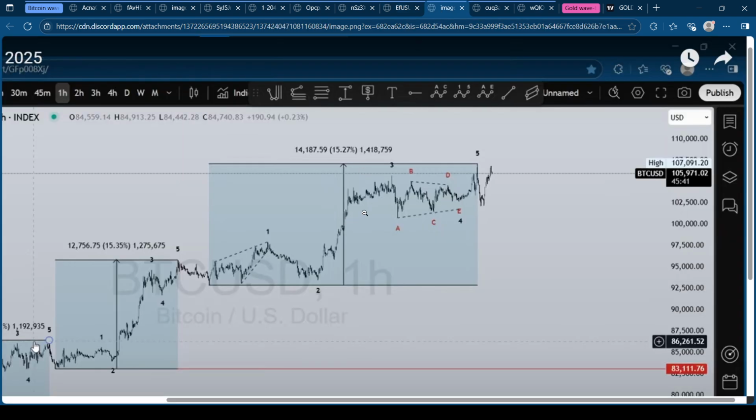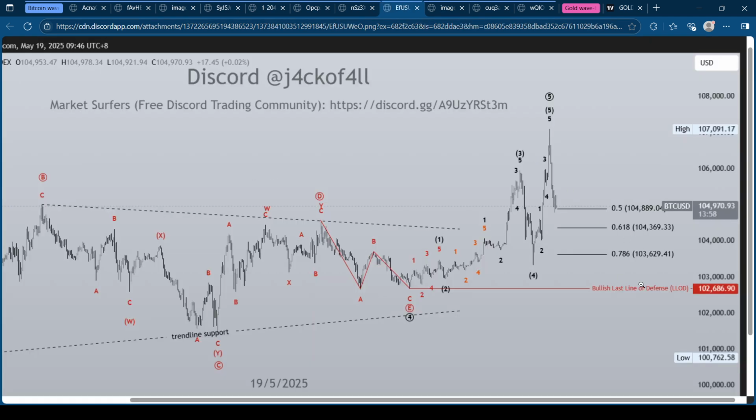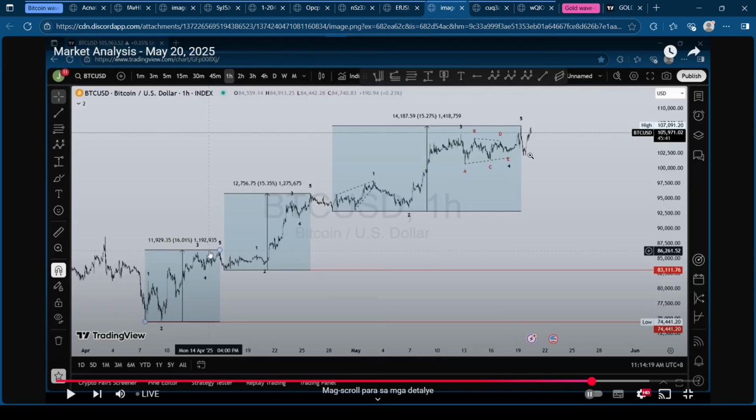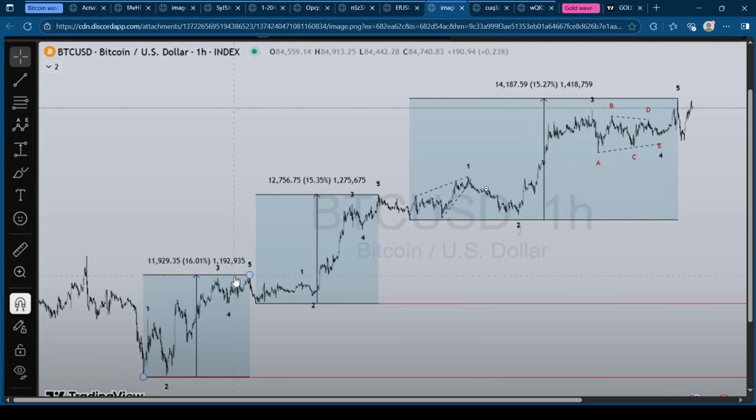So after completing it, I decided to check, because originally my last line of defense would be this price, but it was broken. When it was broken, I was expecting it to create a WXY or an AB correction. But upon checking the length, if we go back to the very beginning of our discussion, what is the very first cardinal rule of Elliott wave theory? Can anyone state the first cardinal rule of Elliott wave theory?